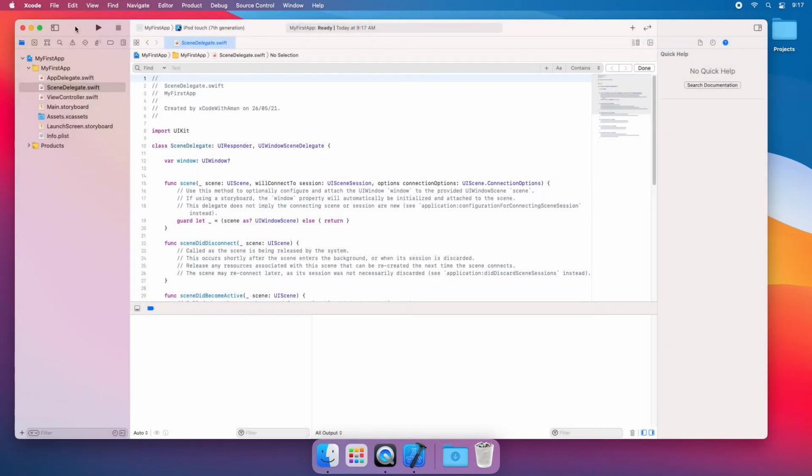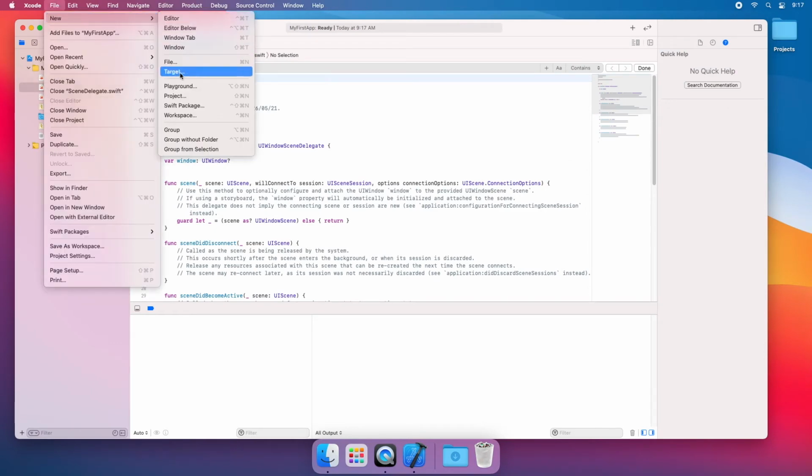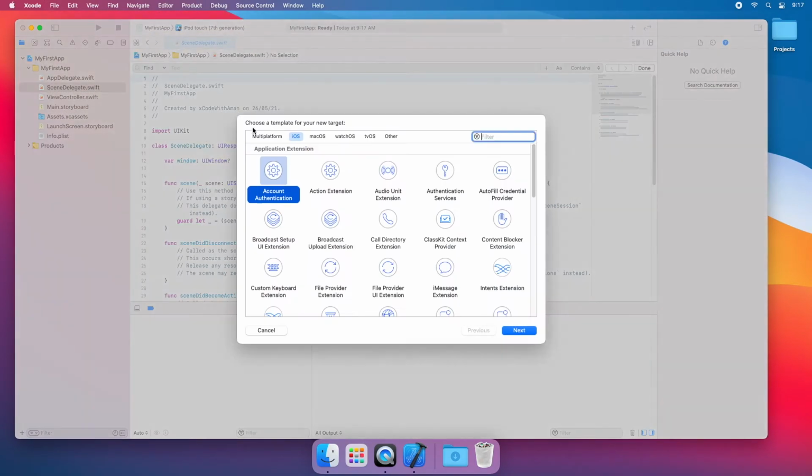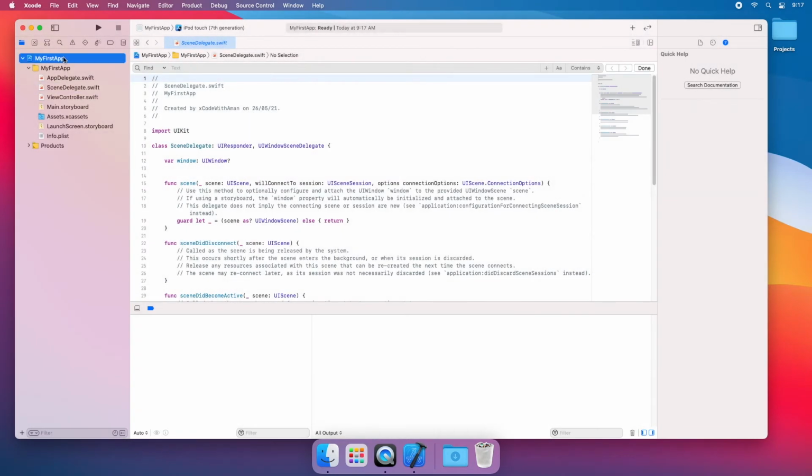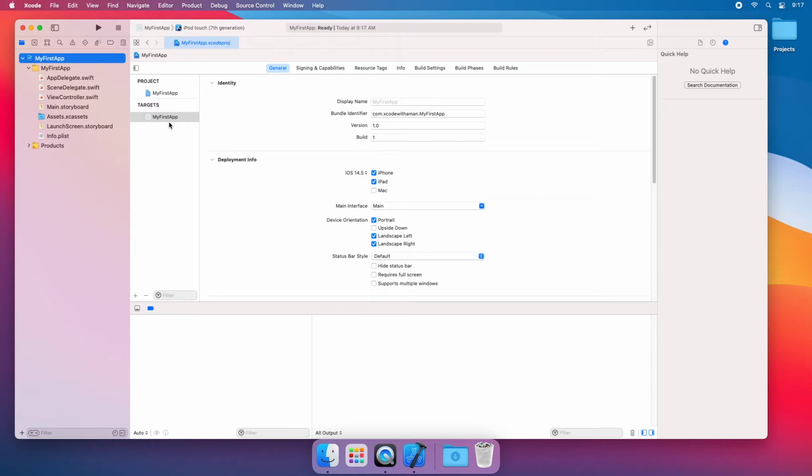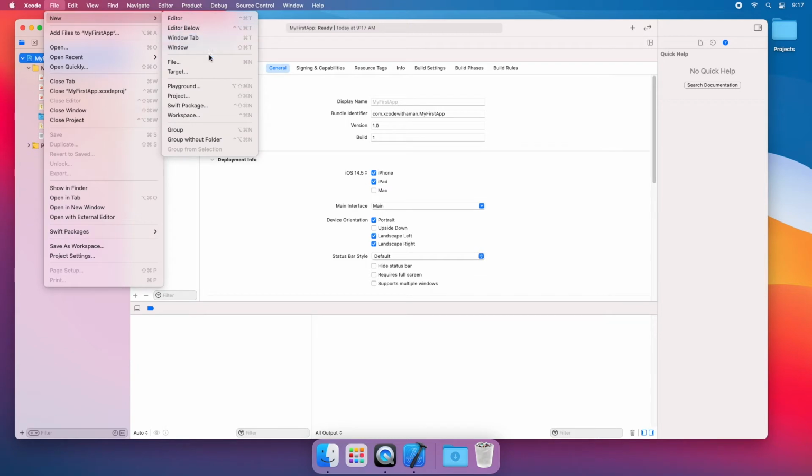And after that, there is Target. Target is basically whatever is your final product. It has the same name as the project, and you can create multiple targets in it. Project is used to create a new project, and Workspace is a club of more than one project. When we have to import third party libraries through Pods, it will create your workspace.